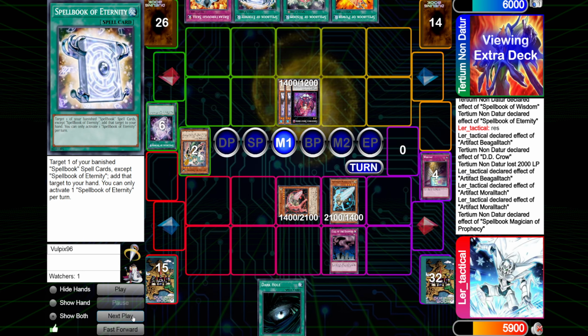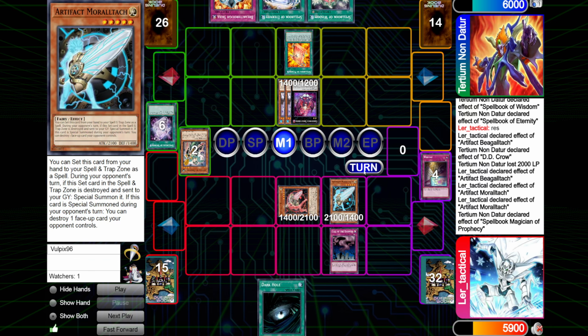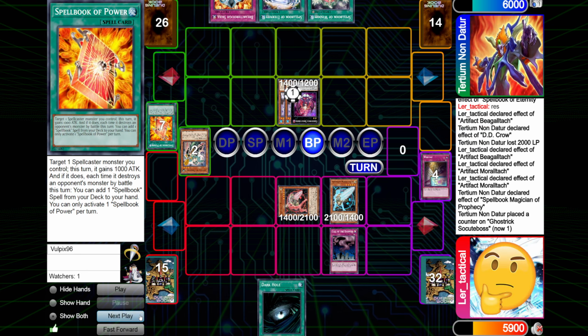So here they go for Succubus. Yep. Because this is a spellcaster, a lot of people play this specifically because it does have a little more attack, so then they can get over either of these, and then the Power will be able to get an attack over the Morale Tack, which will also...